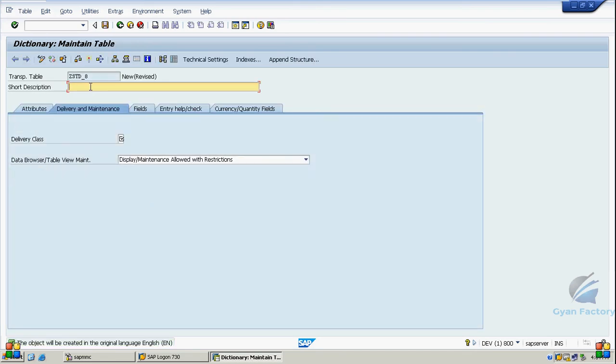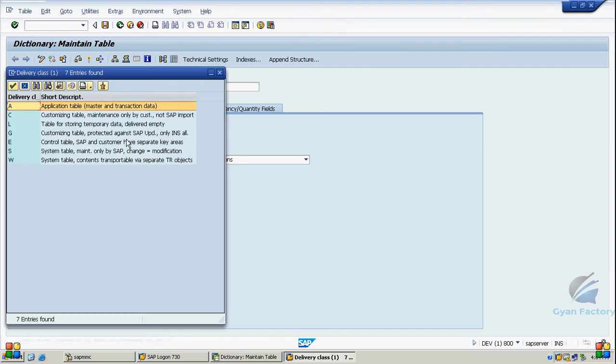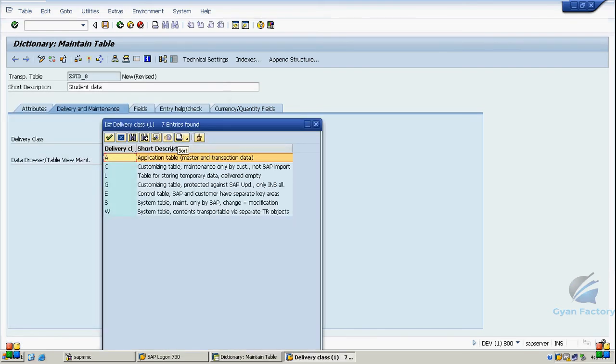So we will get inside. Here we have to give the table description. Suppose this table is for student data. Then we have to choose the delivery class. We had already discussed what is delivery class, so let me quickly tell again. Delivery class is nothing but it will decide what type of data we are going to store. Student data is a master data because it is not getting changed frequently, so I am selecting